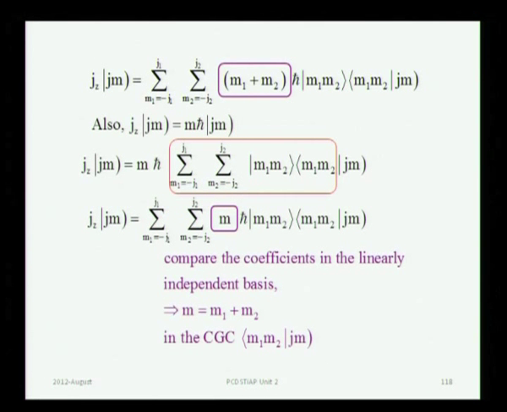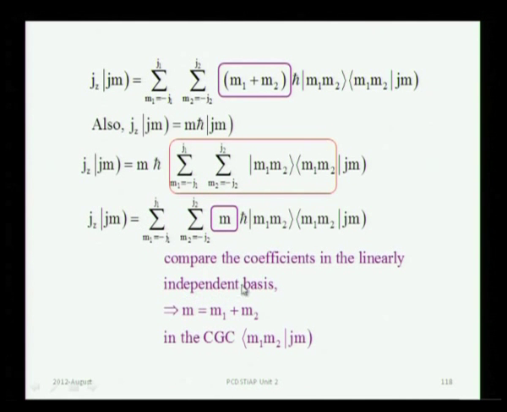and now if you compare the coefficients, you have got two expressions on the right hand side, both being equal to the left hand side, which is Jz operating on Jm. Both this term as well as this term are expansions in the same basis sets, which is M1 M2 basis. They have got the same factor h-cross which is common in both. This scalar, the Clebsch-Gordon coefficient, is also common in both, and now you have got m1 plus m2 as one factor here